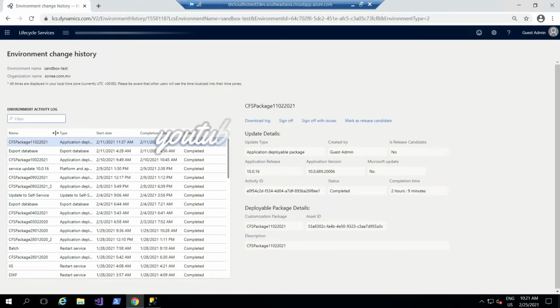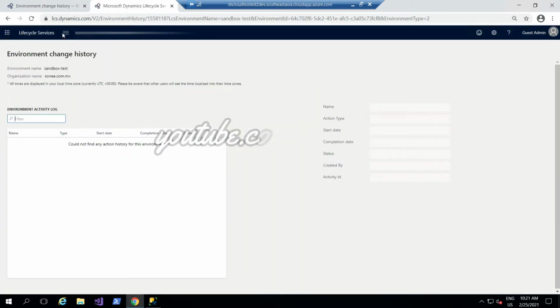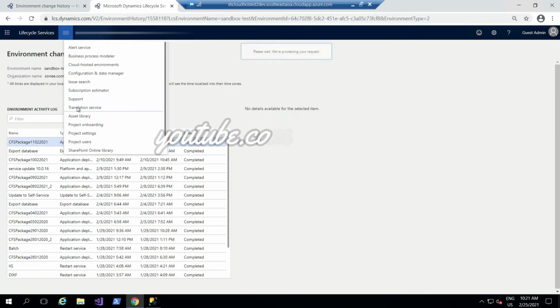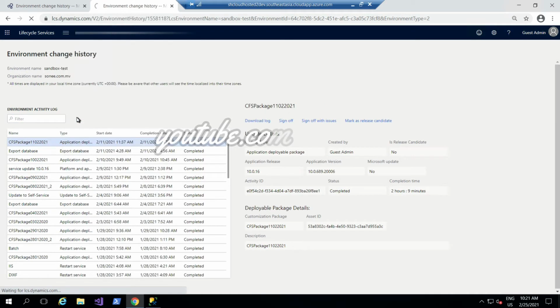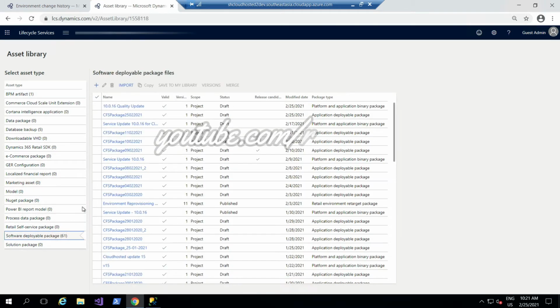First of all, you have to verify the name of the last package, and open the last package which is deployed on the UAT. You can directly access that package from your development environment or cloud hosted environment, or otherwise you can download that same package from the asset library. Here I am downloading from the asset library. Look for the same package which was deployed last time on that environment and download that package only.